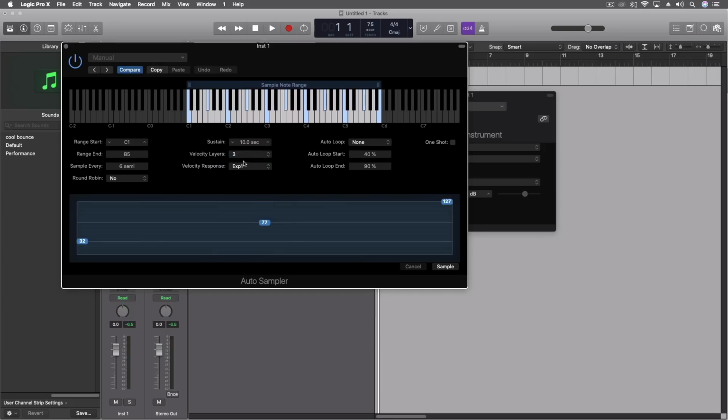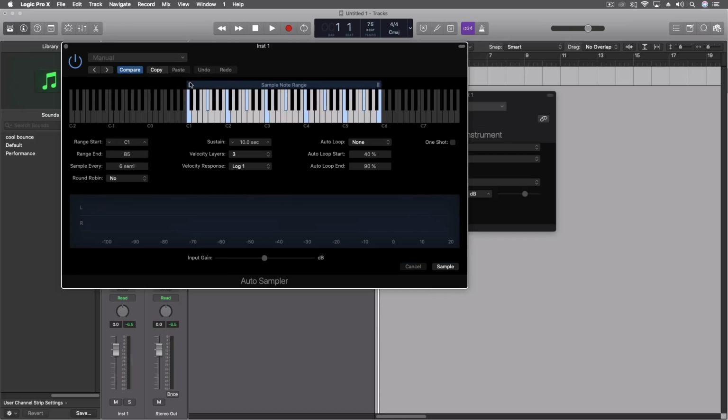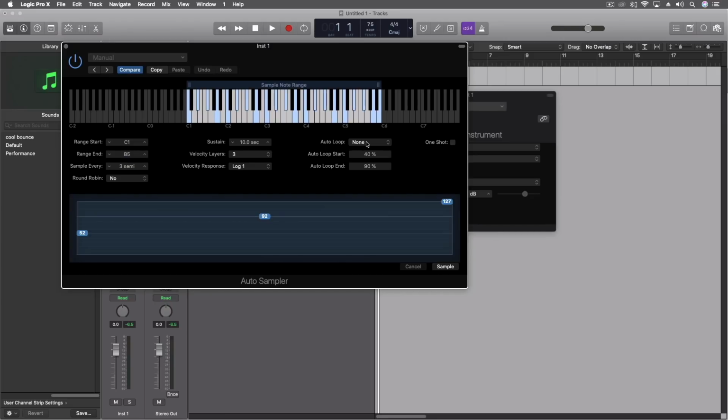We're going to do logarithmic a little bit. So I'm going to have a little bit more depth or density in the higher, just slightly. And we can do the whole range if we want. Let's just do the ones we have. We're going to do every 3 semitones. No round robin for this. I am going to do